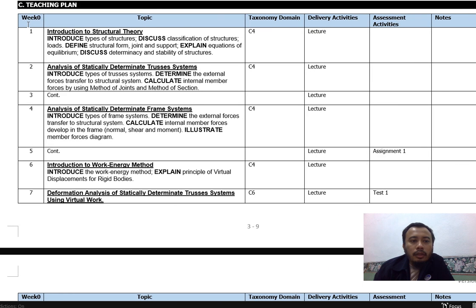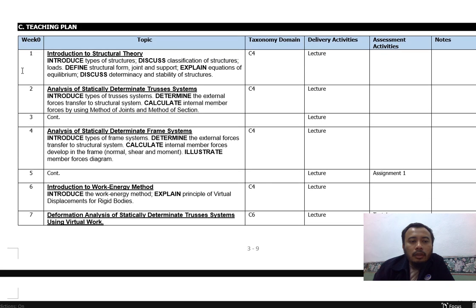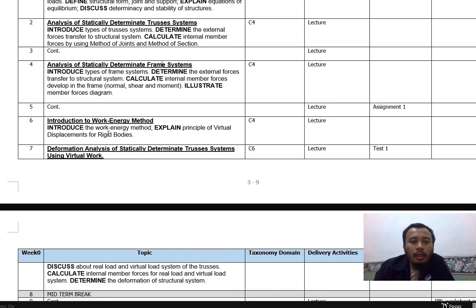In this course, we have 14 weeks, but in this short semester, we only have 4 weeks. But it covers the introduction to structural theory, and then analysis of statically determinate truss systems. So we will take a look at the analysis of statically determinate trusses, and then statically determinate frames, and then later continue with the work energy method